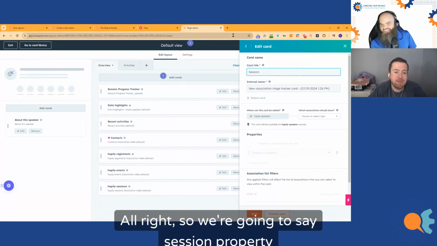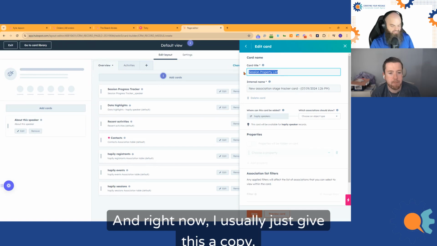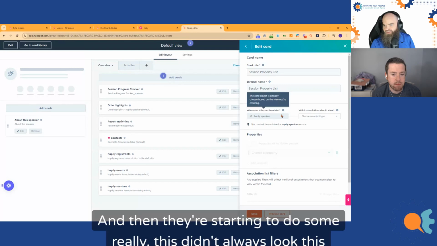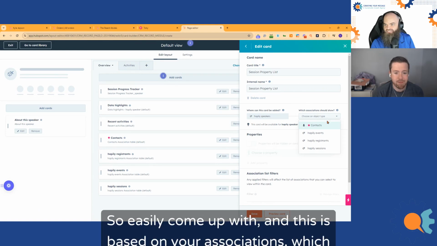So we're going to say session property list, and right now I usually just give this a copy. They're starting to do some really nice things here. This didn't always look this nice at the beginning.